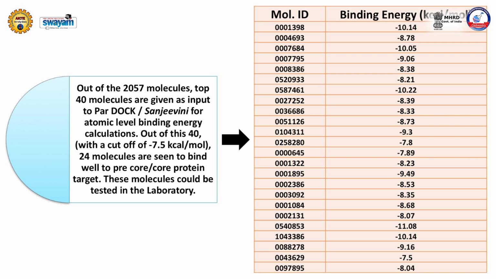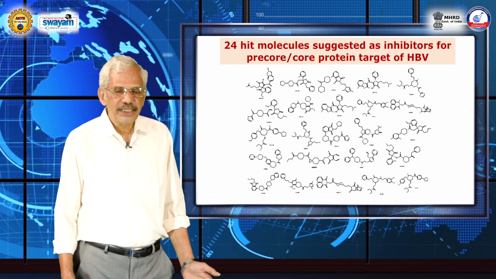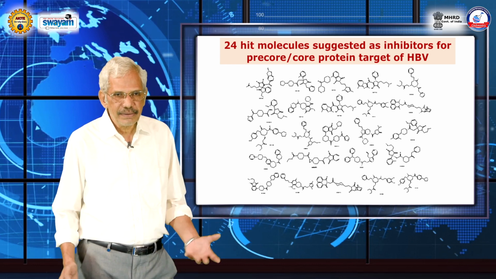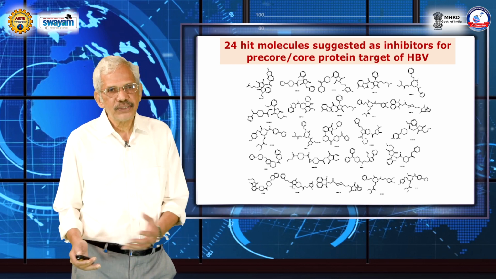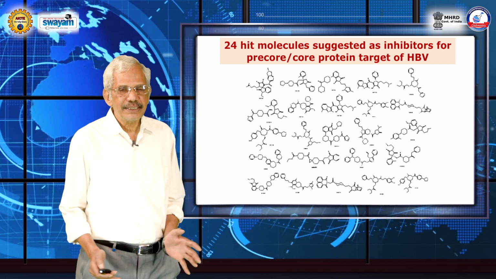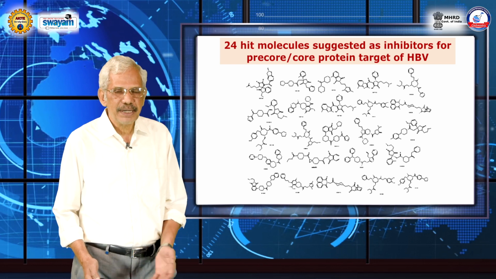Now, when I say atomic level, I'm looking at these electrostatic interactions, van der Waals interactions, and hydrophobicity, ensuring that my delta G, my binding free energy, is the highest for the molecule that I'm predicting as potential molecules or hit molecules. So after I do the atomic level docking and scoring, that's essentially ensuring that the hit molecule that I have selected is interacting very strongly with the protein target. I shortlist a few of them for the purposes of procurement or synthesis, and then ask my biology friend to